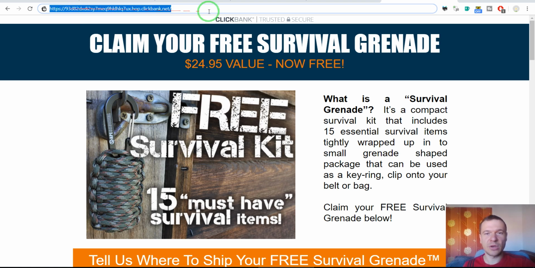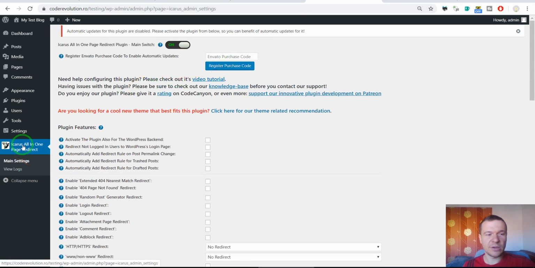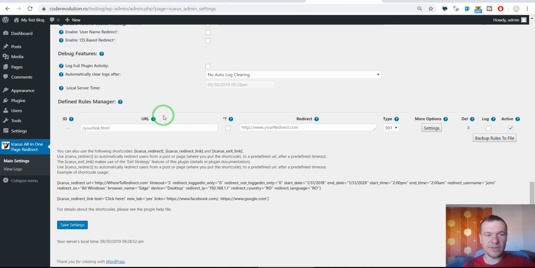So let me copy this and go to our WordPress blog where we have the Icarus plugin installed, and this is the main menu of it. If you scroll down to the bottom, you will see the rules manager part. Here you can define a URL from your blog which will be used as a short link, and the destination. So let's simply paste the ClickBank affiliate link here,